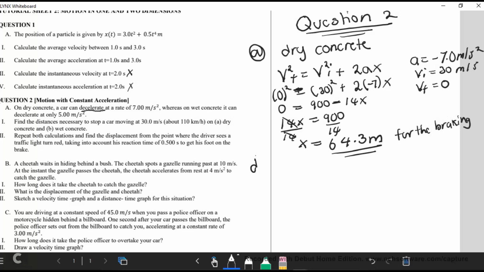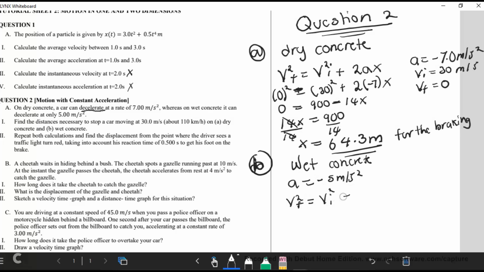Question B, what is it saying exactly? It's saying the same thing. Now remember that here we're calculating on the dry, now we're calculating on the wet concrete. So we just use the same thing. What was the deceleration? Negative 5 meters per second squared. Now let's write our formula, the one that we're using, which is V final squared is equal to V